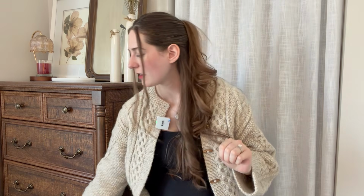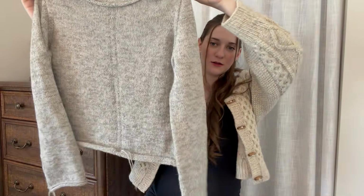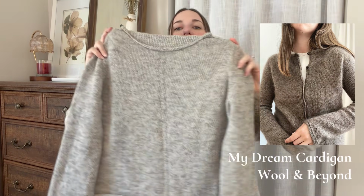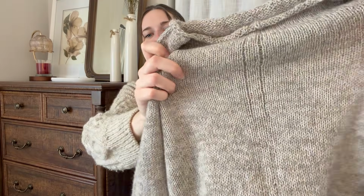Okay, let's get into my works in progress. I have 3 to show you today, and they're all varying degrees of complete. Here is the first one. This is My Dream Cardigan by Wool & Beyond, and this is a steeked project. You can see my steeked stitches there,